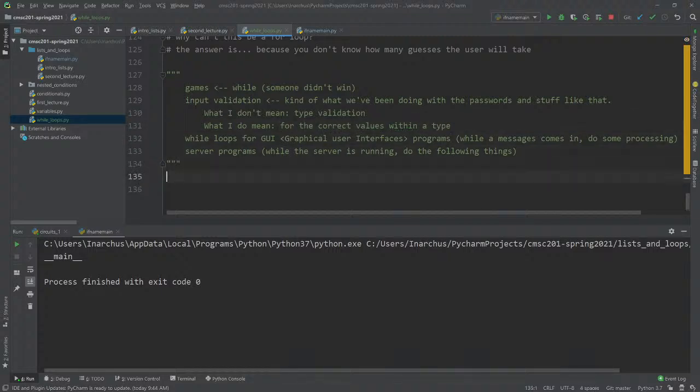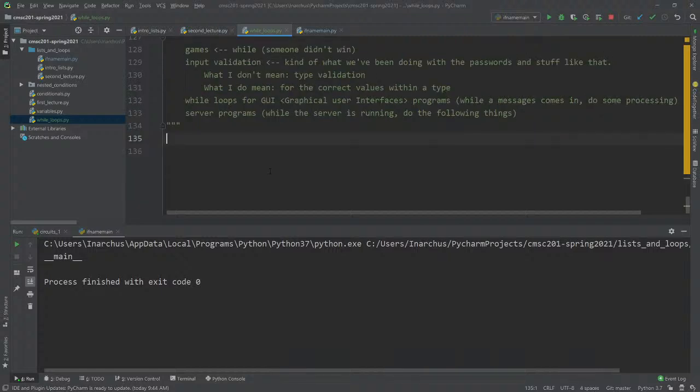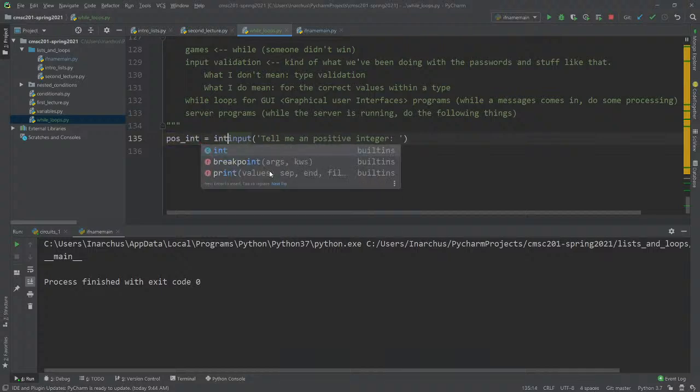And so what do I mean by that? What I mean is that if you do an input and I say, tell me an integer, right? And let's say that we say, tell me a positive integer. And we say pos int equals this. Currently,